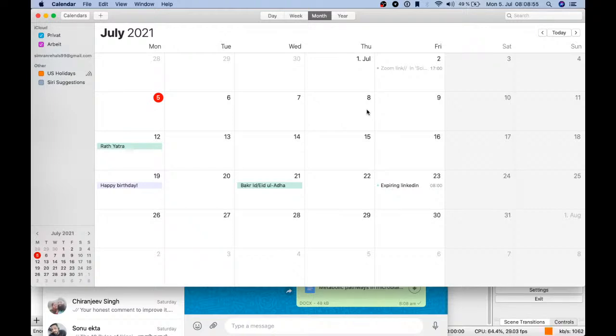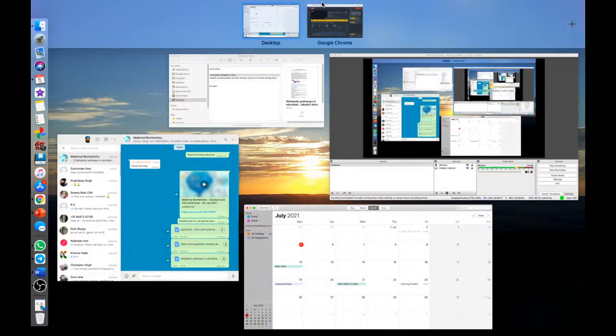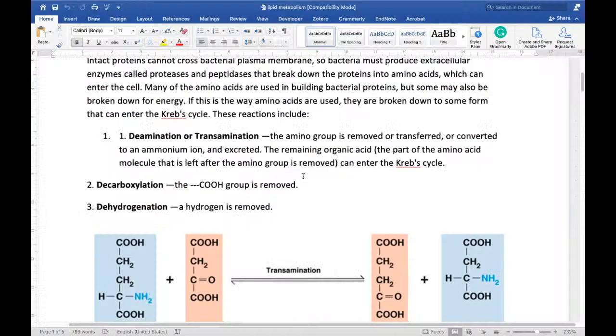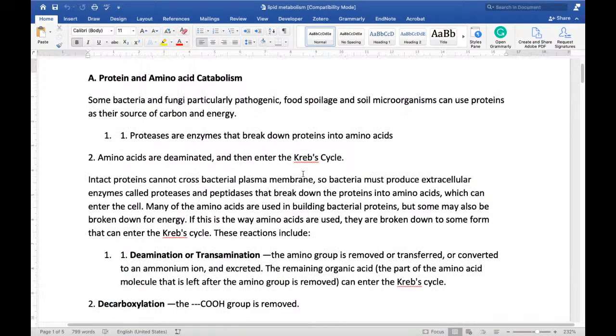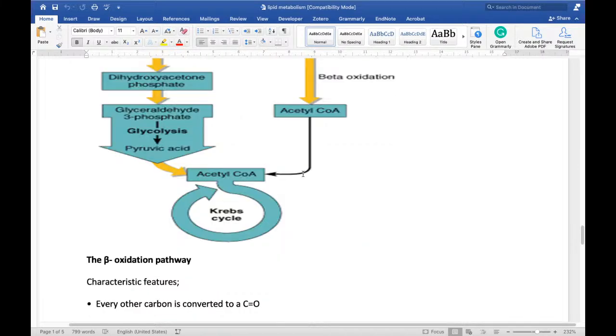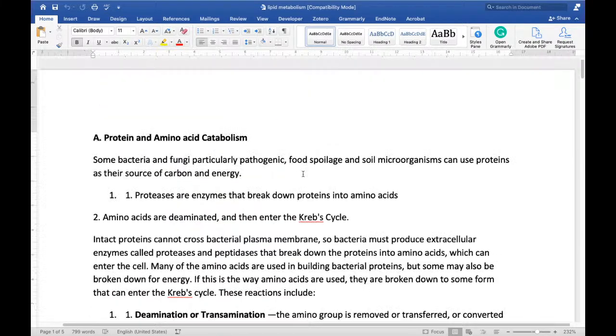So today was mainly the day for the cycles. There is one lipid topic left. Maybe I want to do it today, but this will be too much for all of you to take in one day. Lipid metabolism is basically the same, like protein and amino acid catabolism. It's also 3 or 4 cycles, not much. We can do this also today so that we are happily done with this part also.